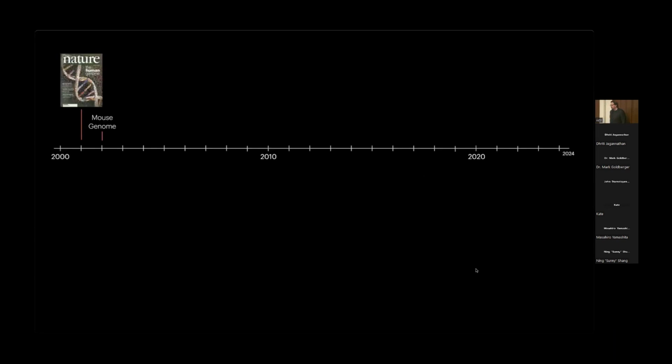But if I look back and start this out again through the lens of chromatin accessibility, and we go back to 2000, and this is actually a little bit pre-ENCODE, but then in 2001, there's the publication of the draft human genome sequence. And shortly after that, the mouse genome. And if you were following this at the time,